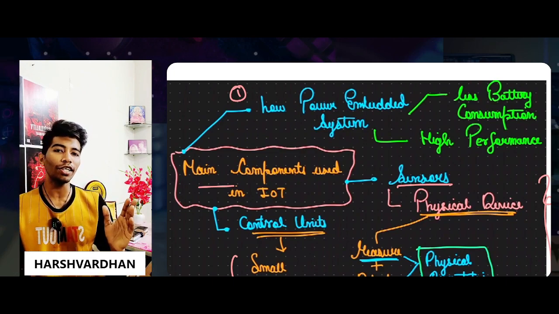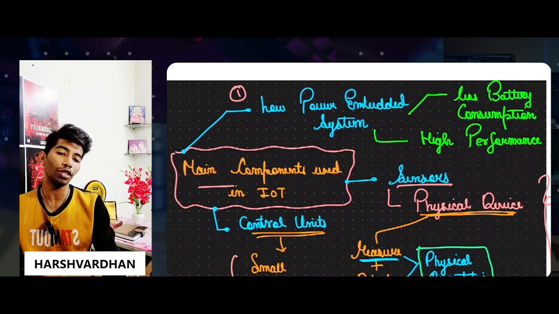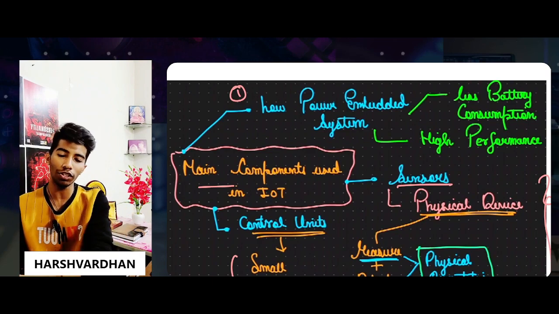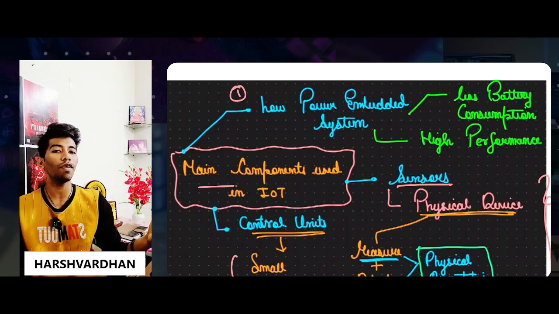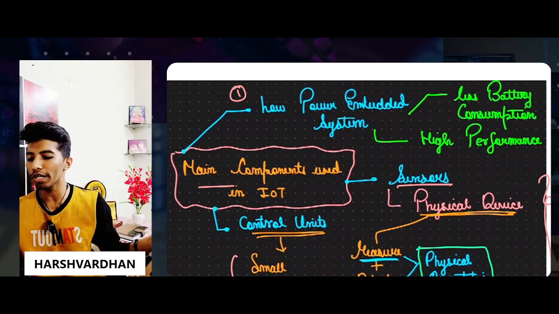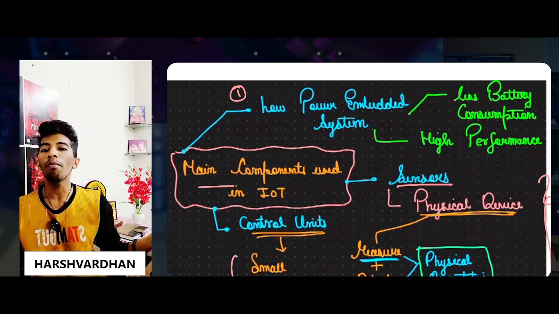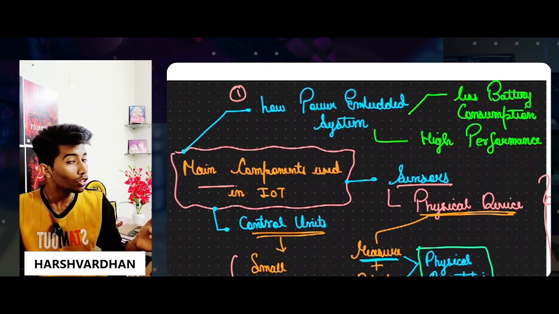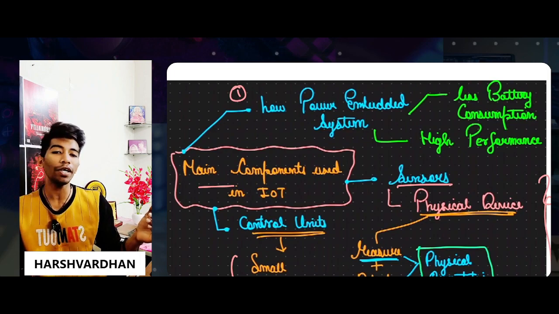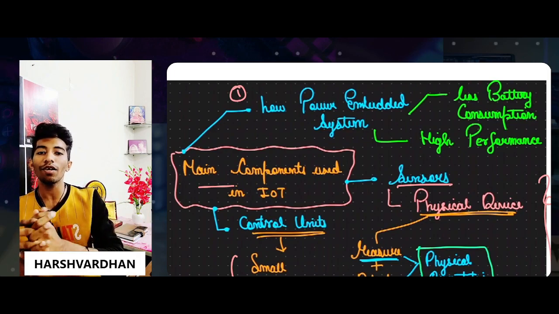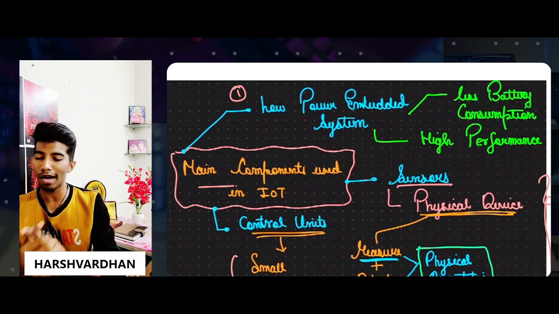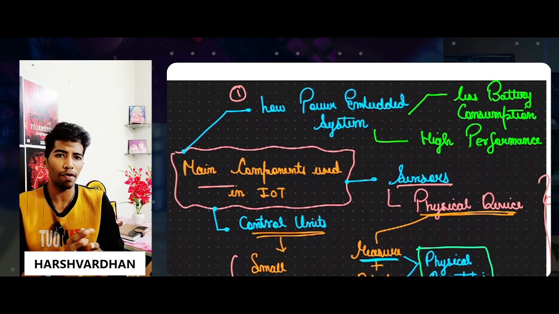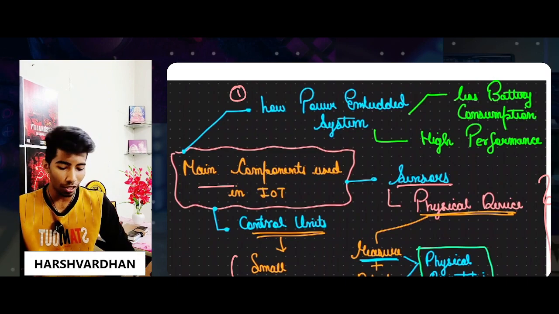Talking about the next thing which you will require for building an IoT based solution: the sensors. We will focus more on sensors because different kinds of data are available around us. How will you measure a particular kind of data? For measuring data, we will require an enormous amount of sensors in our system, and for that we will find the sensors in the market. How can we find a sensor? Before that, let's understand what a sensor is.